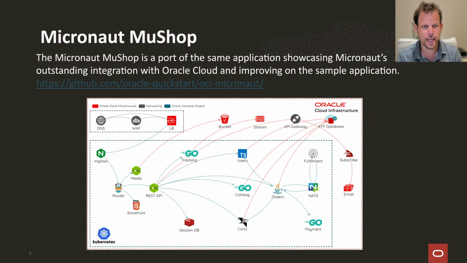Now, we took this sample application and we turned it into the Micronaut MoveShop, where each individual application is instead wholly written in Java and Micronaut. And it really has a different set of goals to the original MuShop, which is to showcase the outstanding integration of Micronaut with Oracle Cloud, and how well it seamlessly integrates different aspects of Oracle Cloud, from monitoring to metrics to service discovery, distributed tracing, integration with autonomous database,